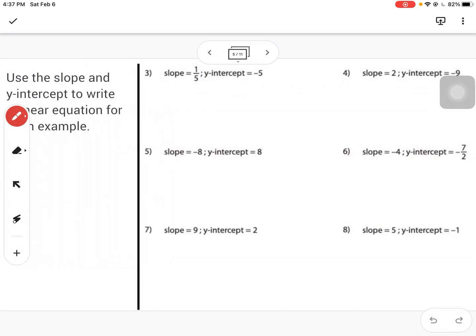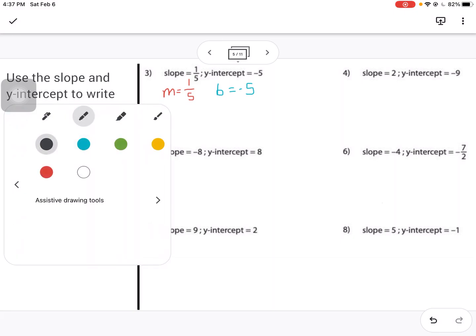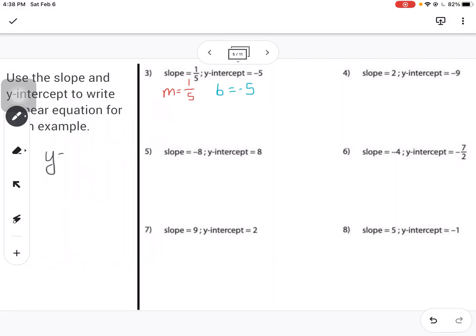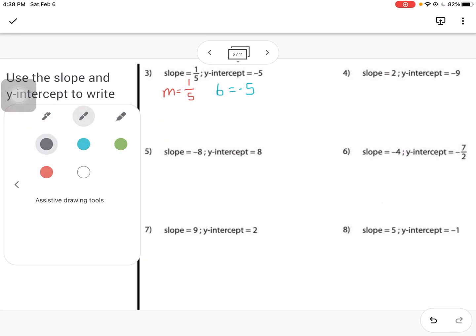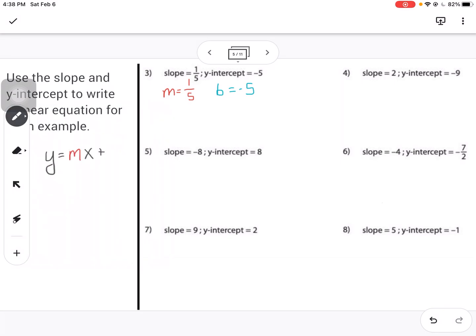Actually, I'll do an example for you first. So the first one, the slope is 1/5. That means m equals 1/5. And the y-intercept is -5. That means b equals -5. Our equation is written in this form: y equals mx plus b. So if we write this as an equation, we'll get